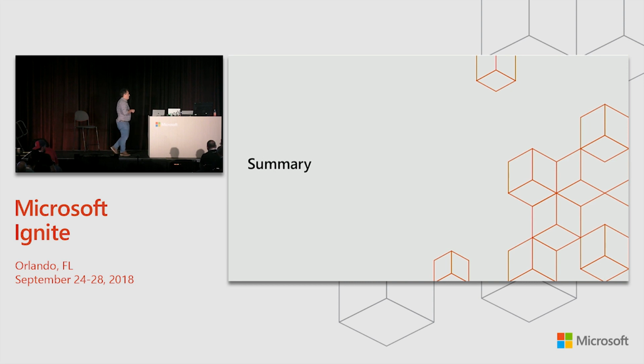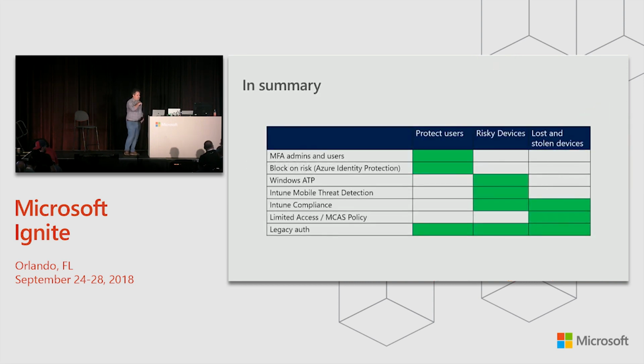All right, so in summary, I made this table as a cheat sheet for the different things that we talked about. The columns are protecting your users. This is the compromised credential. Having MFA. The other thing that I didn't talk about earlier, but if you haven't looked into it and you have an Azure AD P2 license or EMS E5, is using Azure Identity Protection to use policies based on user compromise signal